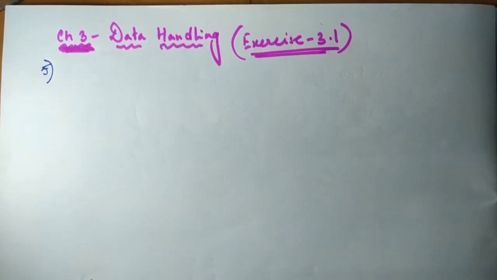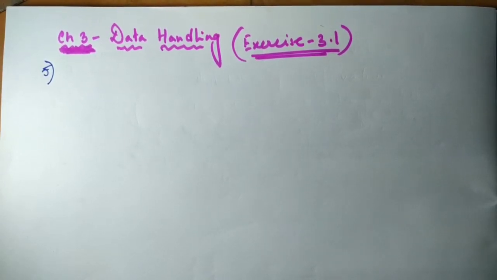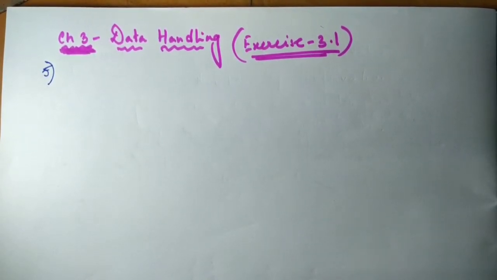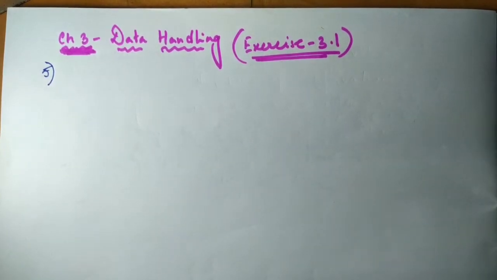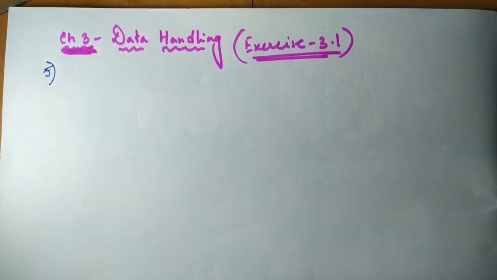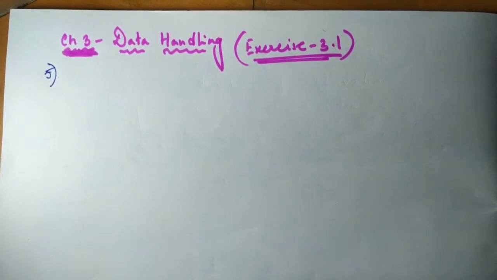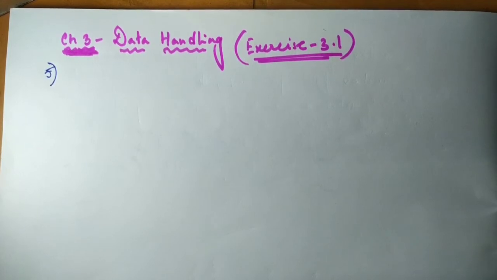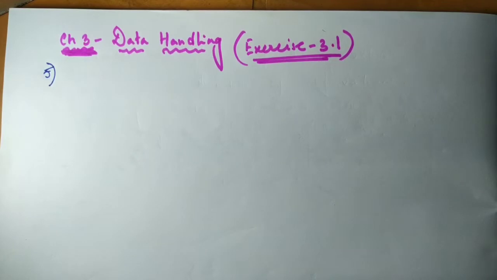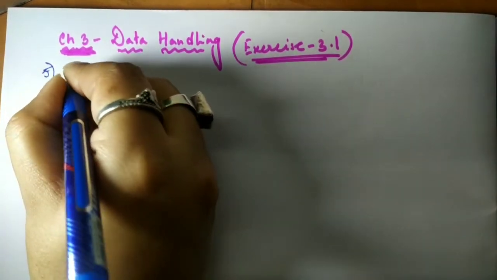It's given that the following table shows the points each player scored in 4 games. You can see a table given there. When you do the solution, you are not required to make the table in your copy again. Now see, there are 3 players A, B and C, and there are 4 games, game 1, game 2, game 3 and game 4. And the scores of different players in the different games are given. Now answer the following. There are 4 questions in it. So let's start with number 1.